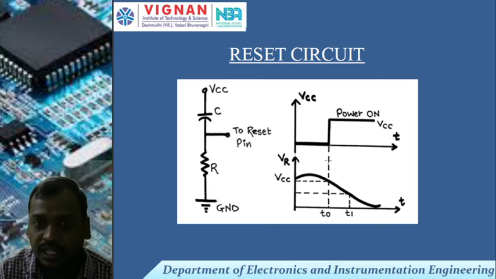Here in the reset circuit, we are given the VCC. Whenever I press the reset button, the VCC voltage is given to this circuit. That means the capacitor is in the charging position. Whenever the reset pin is enabled, the capacitor is charging. Observe here, whenever the reset pin is pressed, T0 to T1 is the power on, that means to reset the processor. After T1,